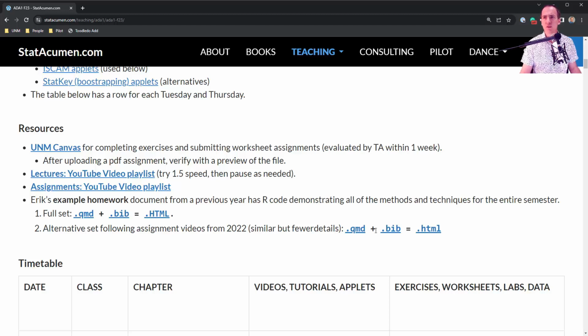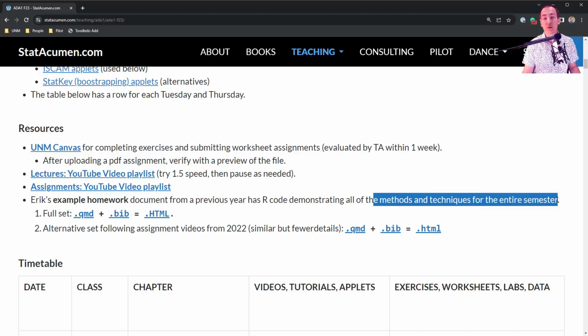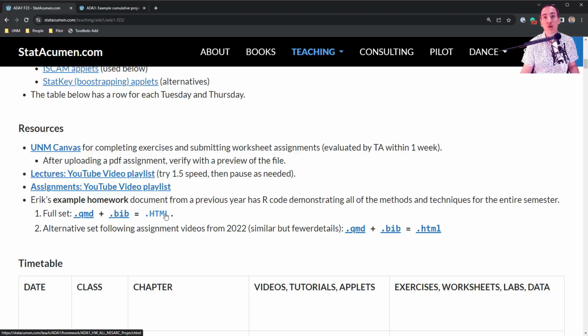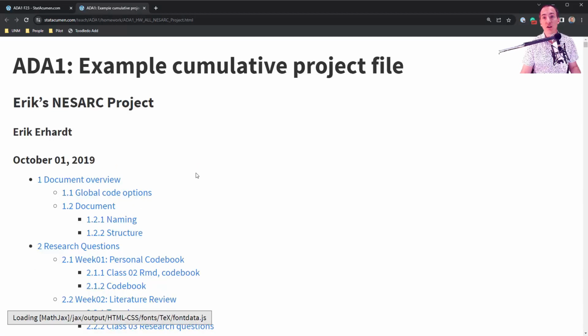These sets of links include effectively this long homework document which we developed over in a project-based course, which is what I've been teaching since 2015. And it includes in one document all of the methods and techniques for the entire semester. So that may become a nice reference for you if we look at one of these. In particular, if you